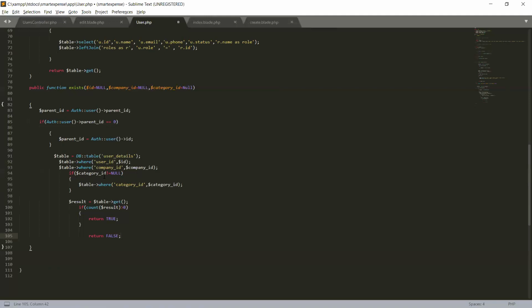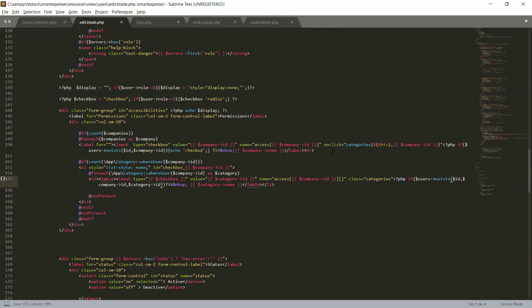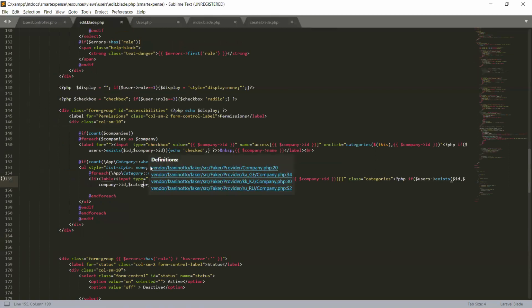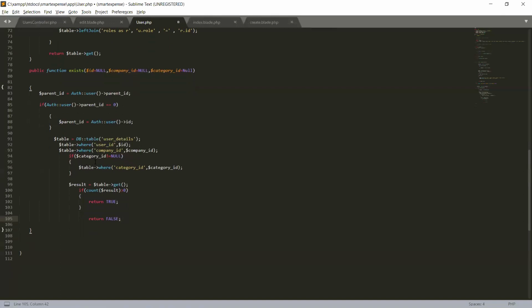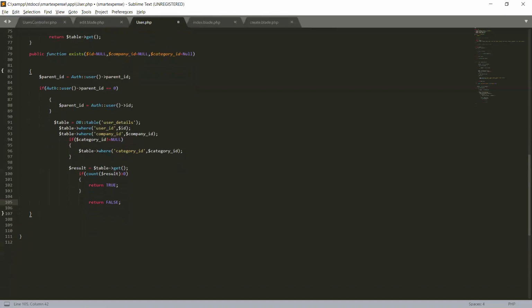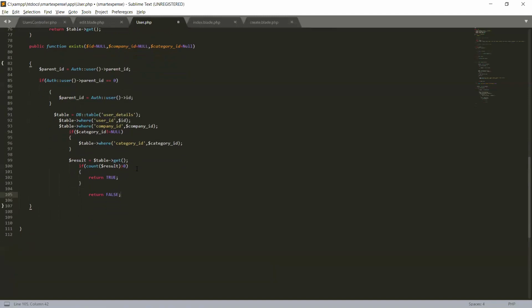If category ID, so we have now a condition, because here we are giving two parameters, ID and company ID. In the second exists call, we are giving three parameters, ID, company ID, and the category ID. So we need to check that if category ID is null, then table where category ID. If the category ID is not equal to null, if there is category ID, company ID, and the user ID, then table where category ID matches this category ID.